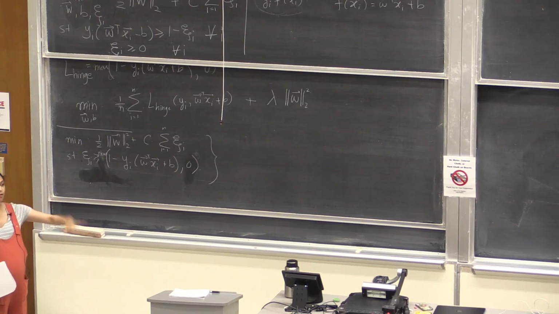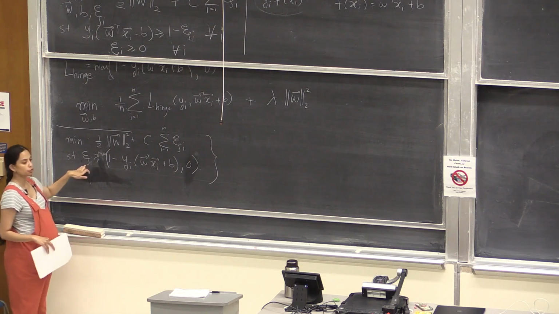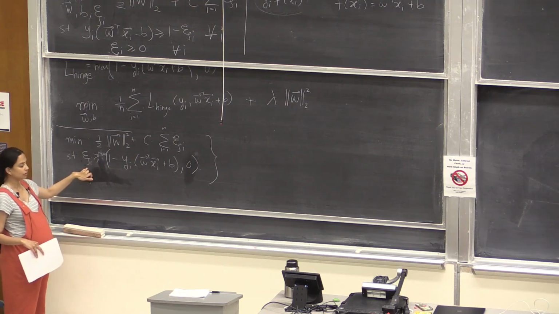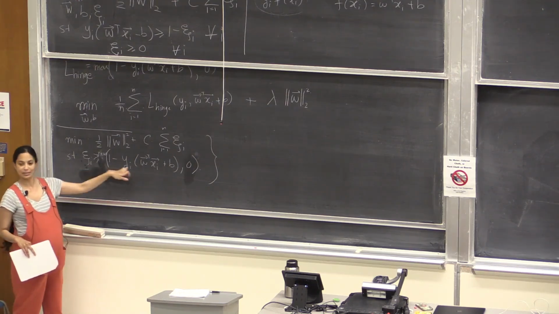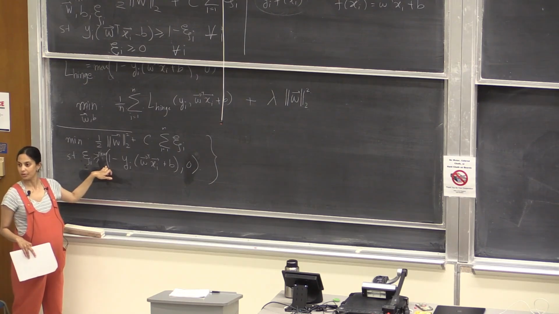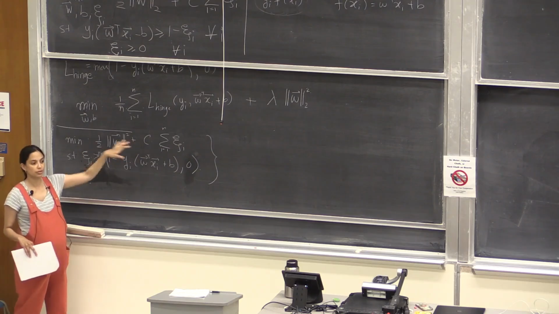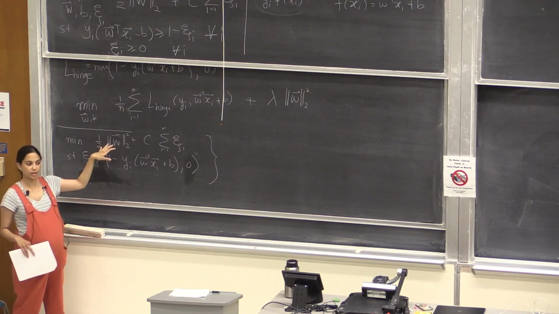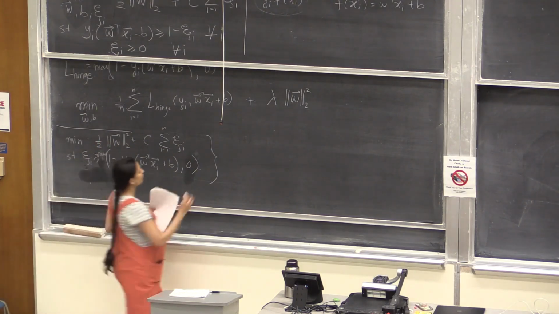We always have pressure to move downwards, right? So I'm always going to end up choosing a value for psi I that's exactly equal to this lower bound at optimality. Because if I didn't, I could reduce my objective function, right? So at optimality,